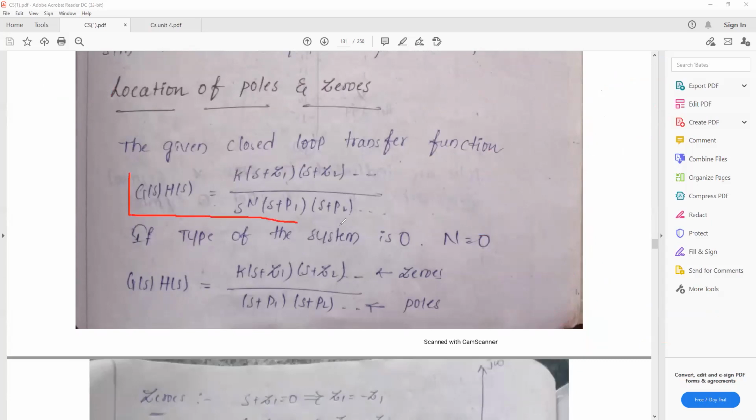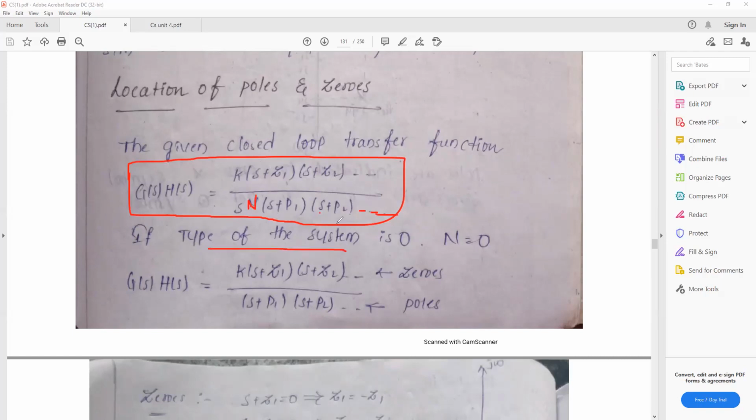This is the closed loop transfer function. G(s)H(s) is equal to K(s+z1)(s+z2) divided by s^n (s+p1)(s+p2). Type of the system